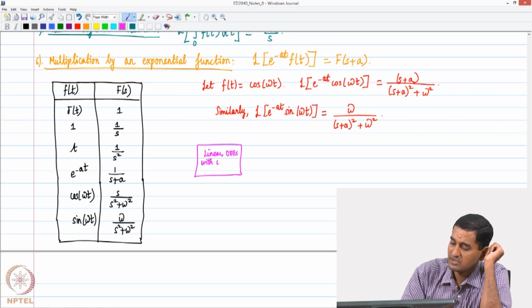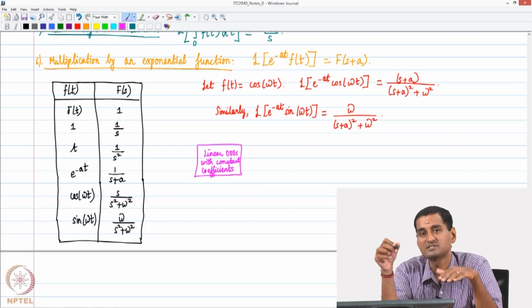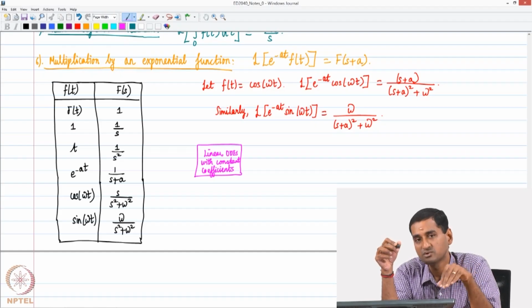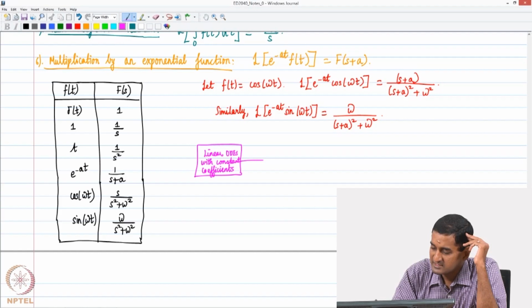And how do we get these linear ODEs with constant coefficients? As we discussed, the typical mathematical models using the modeling approach that we use for the class of systems that we are considering in this course take the form of linear ODEs with constant coefficients, right. So that is our rationale. So we use a Laplace transform